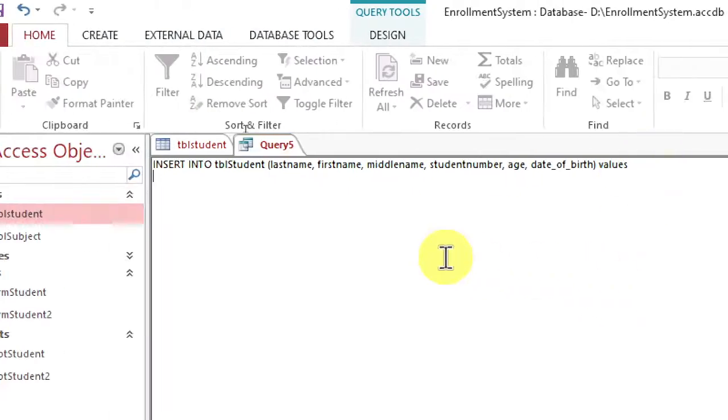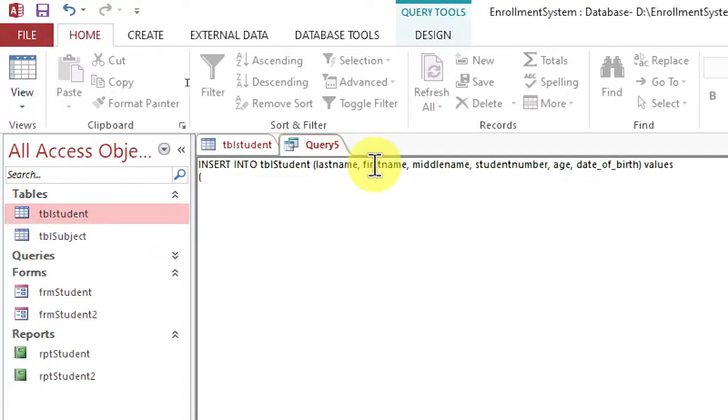Okay, so there. So we have enumerated the different columns here, and then don't forget to use values, and then again the values you want to insert. So since we put here last name first, we should insert data for last name first. Okay, so again, mag-type for last name, and then huwag kalimutan yung ating single quotation for string values. Okay, last name, first name we have Gio. We also have middle name